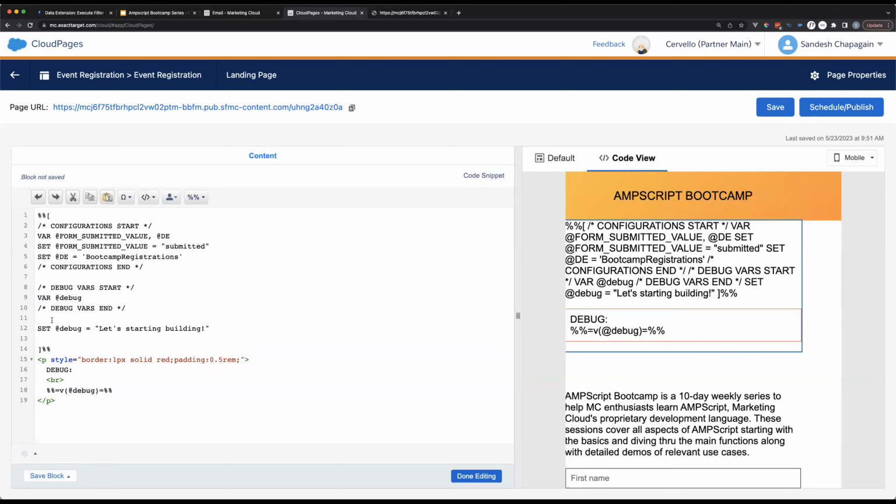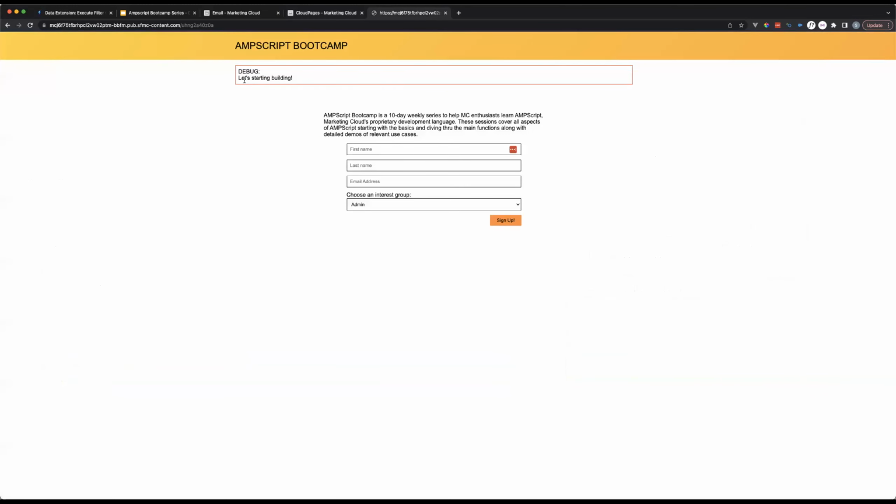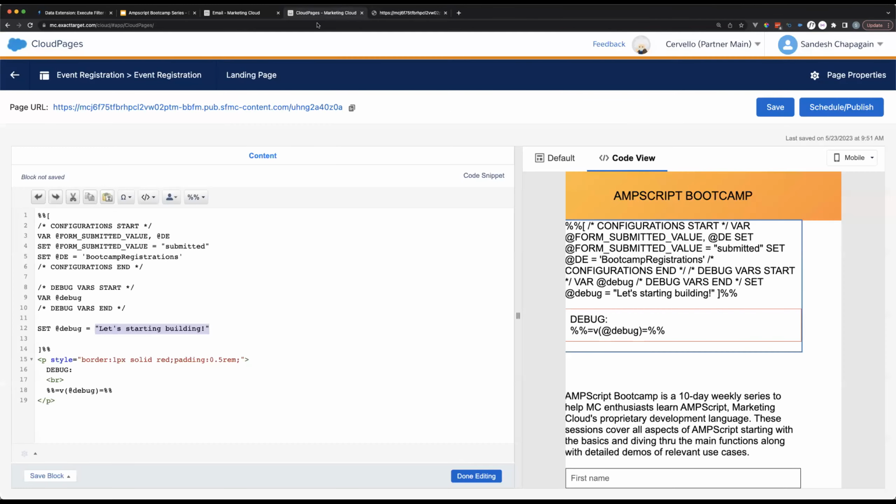And currently, the value of that debug variable is let's start building. That's why in this debug place, you see let's start building. And later on, we're going to be populating this with other values, for example, to check if the email address has been posted correctly, if we're getting the correct interest group, if the form has been submitted, and so on.